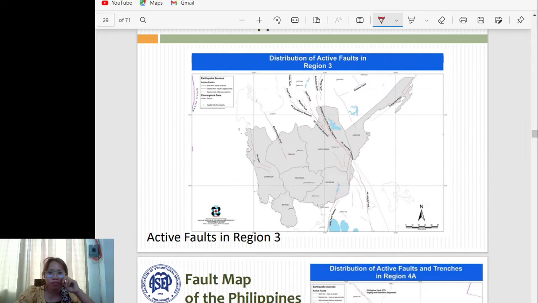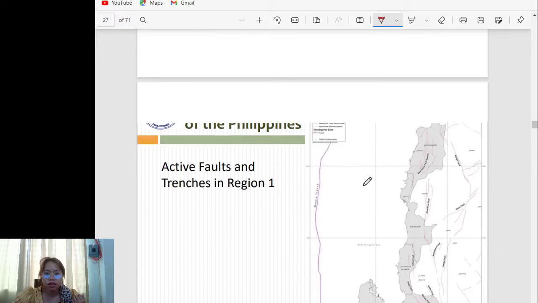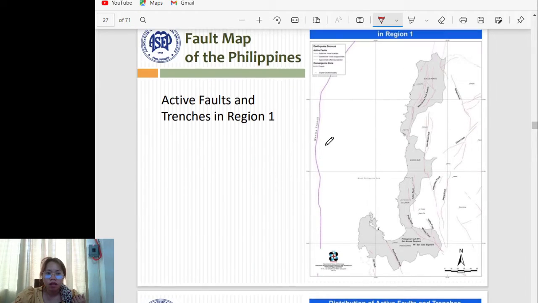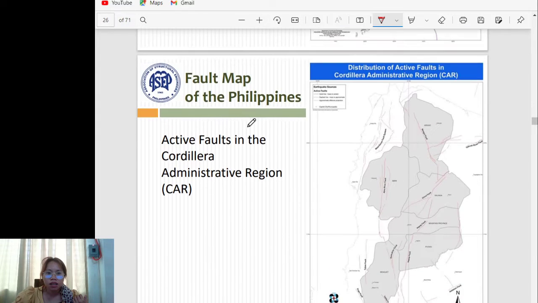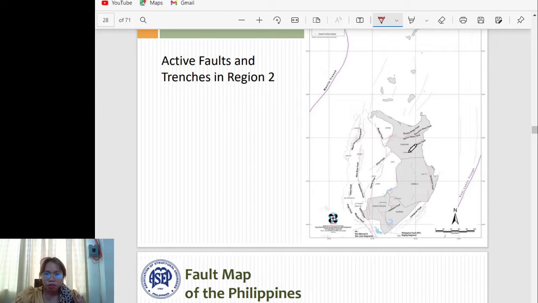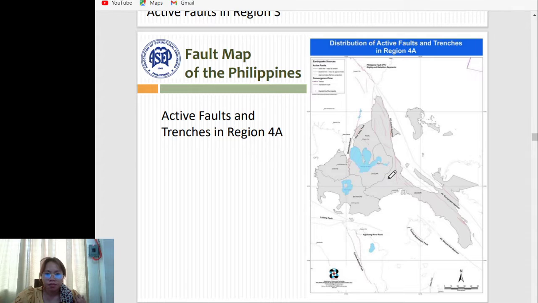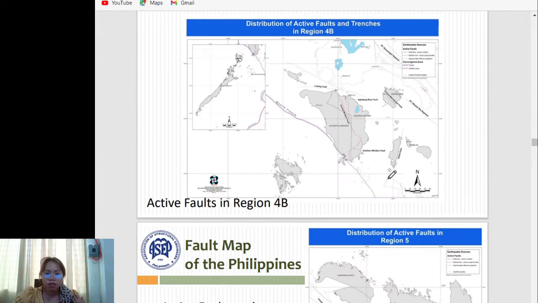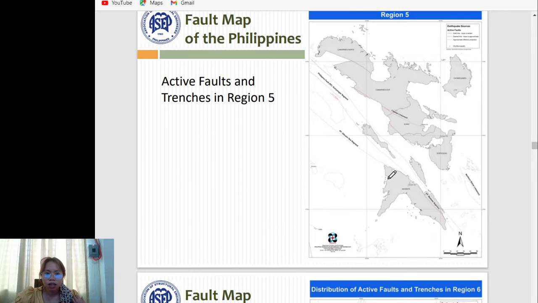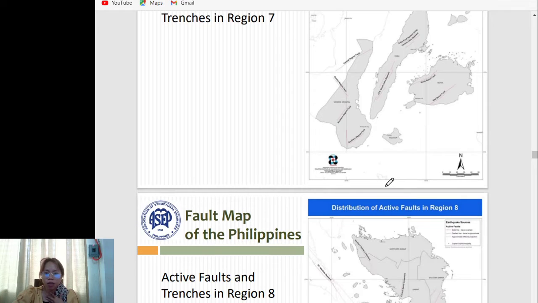So another, this is the map now. Active faults in the Philippines. So in trenches in region 1, in CAR or Cordillera Administrative Region, in region 2, in region 3, in region 4A, active faults in region 4B, in region 5, in region 6, in region 7, or may nakadaghan ani nga slide,